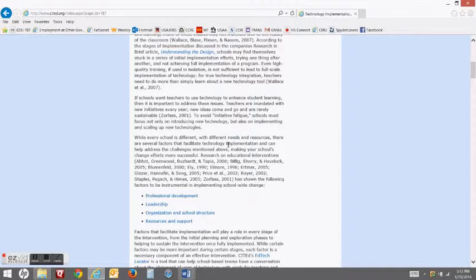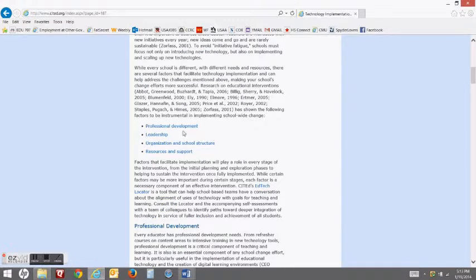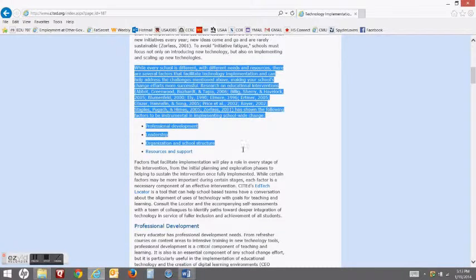Well, every school is different. Okay, instrumentation, professional development, leadership, organization, and school structure. I think those play a huge role in it.